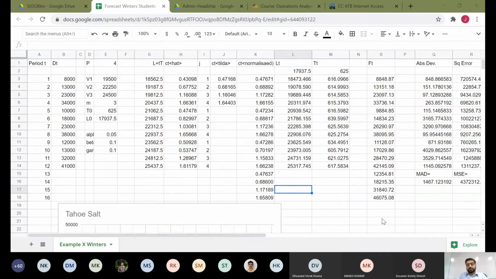So if demand is very stationary and you have fewer data points, just go with a Holt-Winters kind of model. If you have a large data set and insufficient time, then we can go ahead and implement ARIMA. As I told you, there are some toolboxes available, so you can give the data set to the toolbox, which can estimate the parameter values for you. Because Prophet is also another black box.